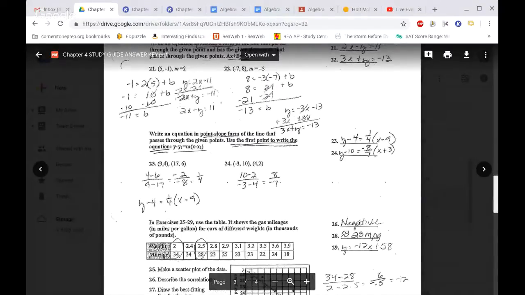So where you write an equation in point slope form, you find the slope first, and then you pick one of the points. But I actually wrote specifically for you to use the first point to write the equation. Use the first point. So that means on number 23, you would use the point 9 and 4. And on number 24, you would use the point negative 3 and 10. So once you've found the slope,